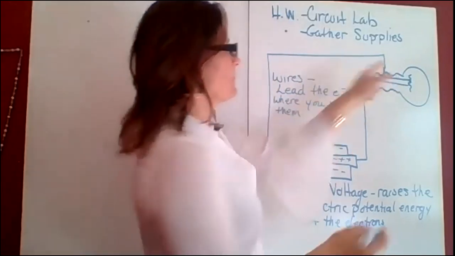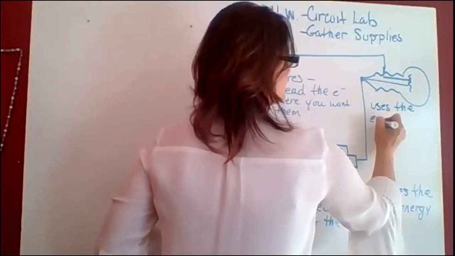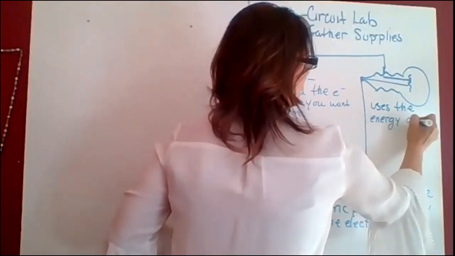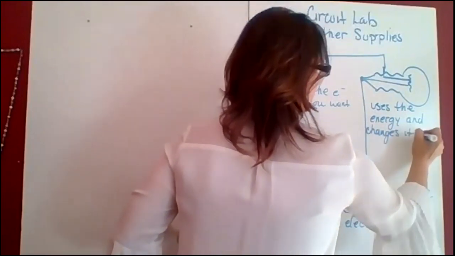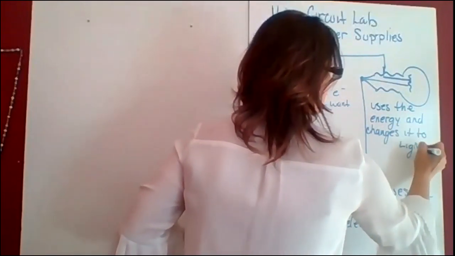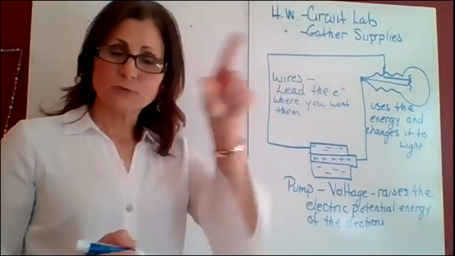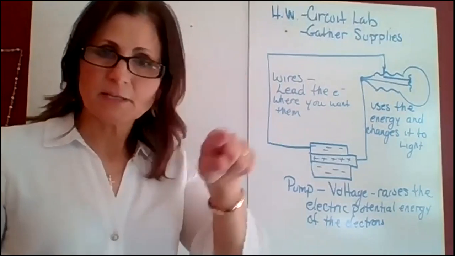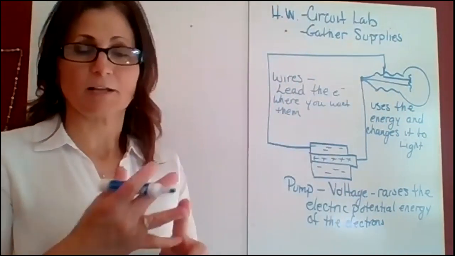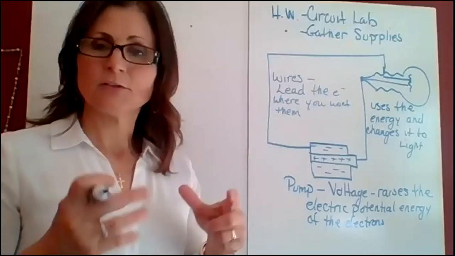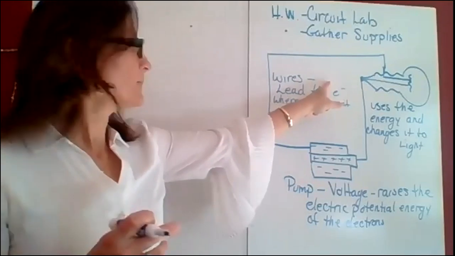Right? And the light bulb uses the energy and changes it to light. Okay, that's what we're going to do in a light bulb. Similar to the marble. So instead of me getting that spinning motion, I'm going to get light out of it. I could put a fan in there and get a spinning motion. I could put a speaker in and get sound. You're simply going to take this electrical energy that you're storing in the battery, change it to something different that